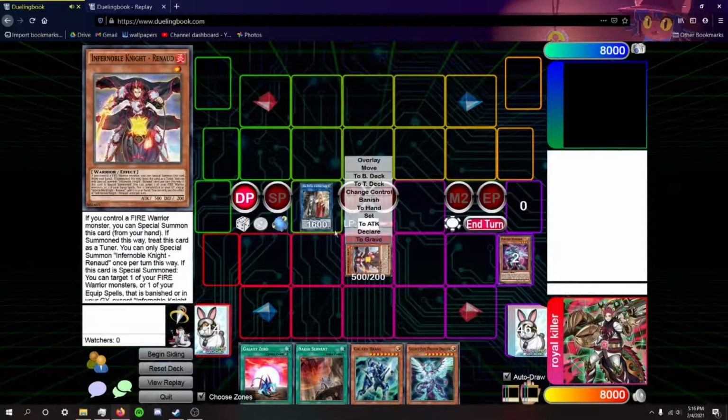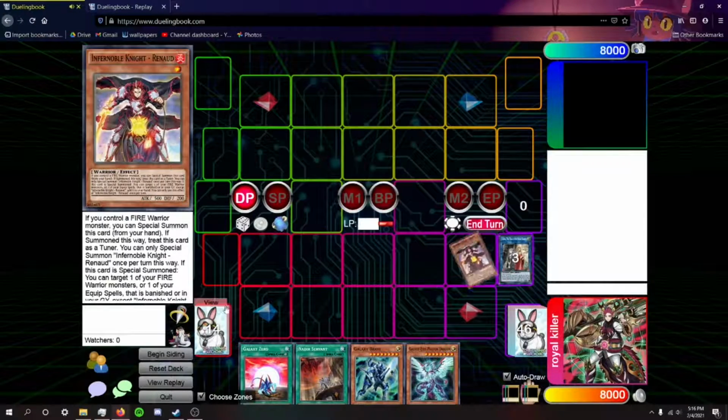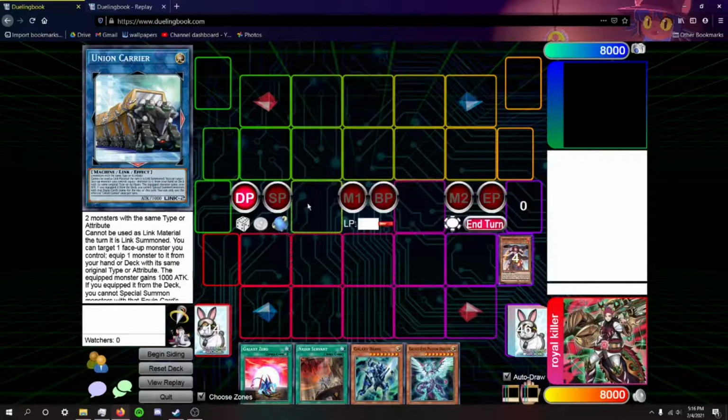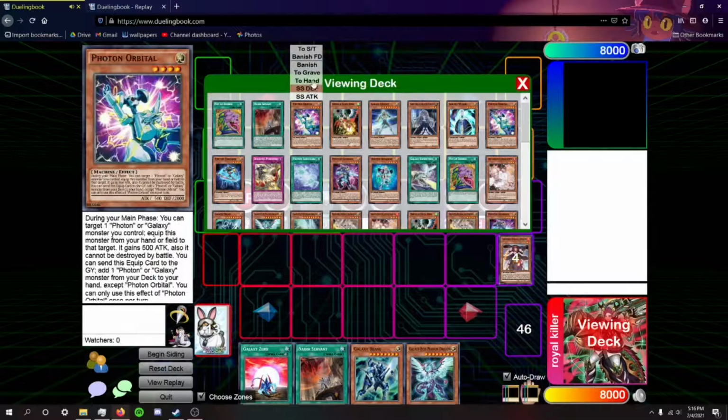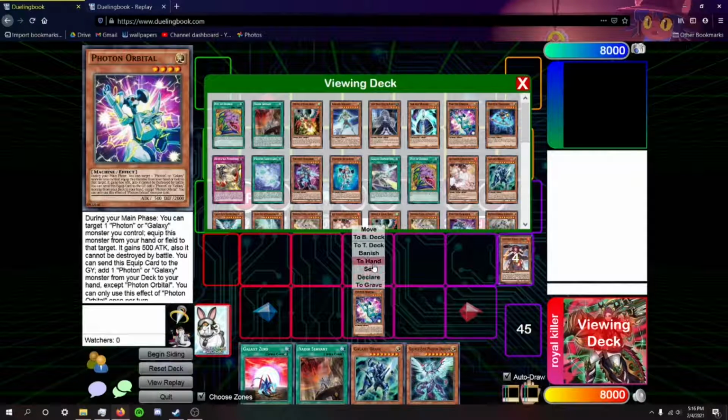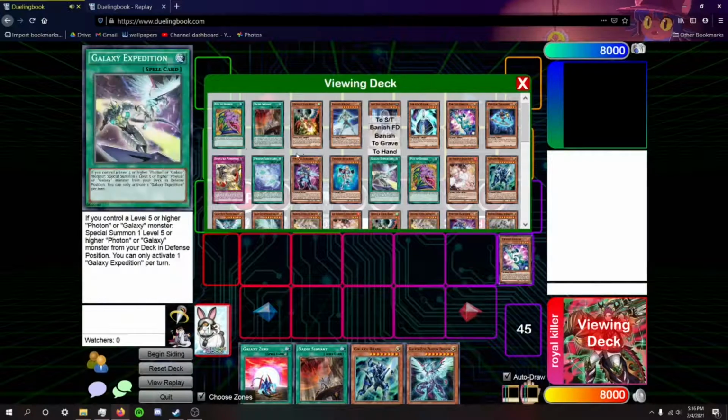And then, oh wow, these are both Warrior monsters. Send two to the Graveyard to make Union Carrier. But they don't have to be the same attribute, they can also be the same type. Activate Union Carrier's effect, targeting himself to equip Orbital with spell traps. And then activate Orbital's effect, sending it to the Graveyard to add